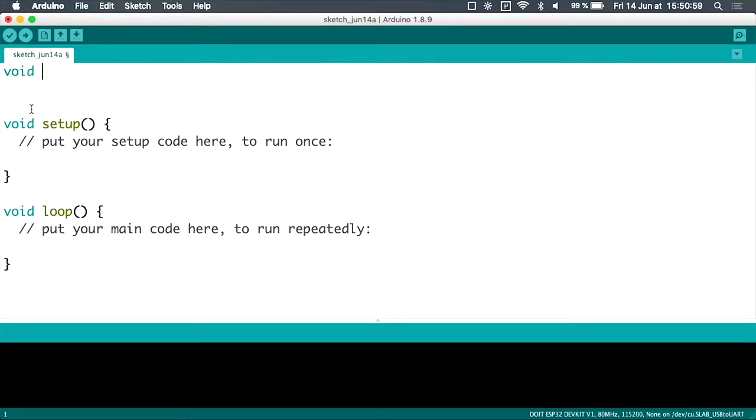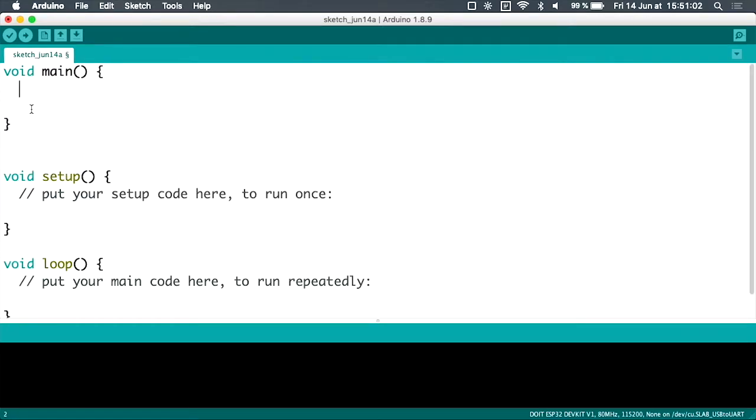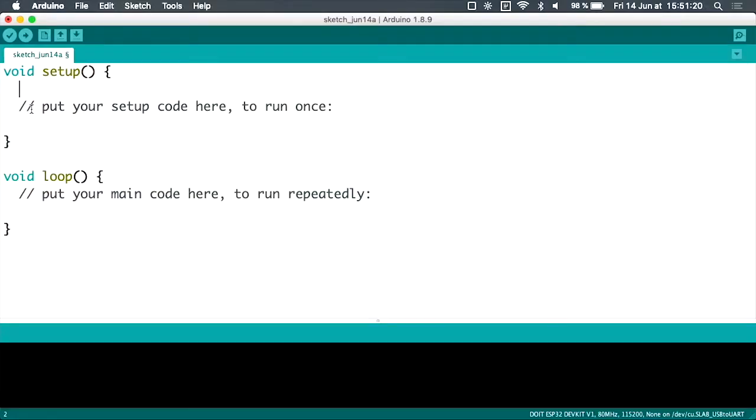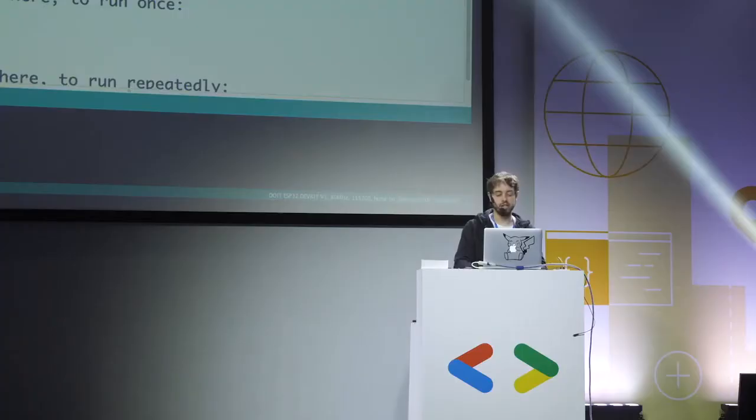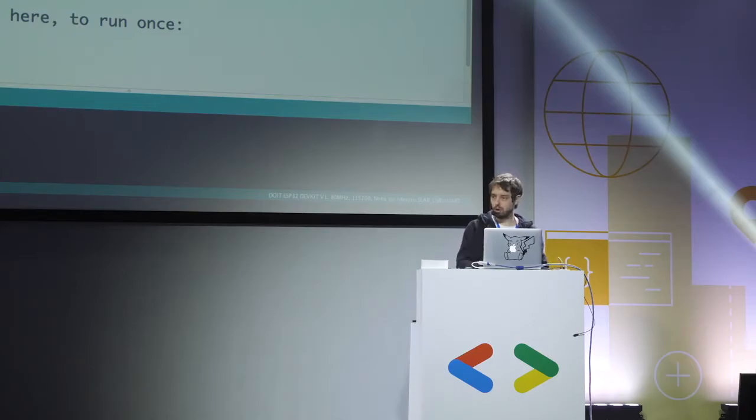The first method the Arduino will call when you power on your microcontroller is the setup method. The setup method is usually where you initialize your components. If you want, for instance, to debug using USB, so the serial line, you can initialize the serial, so you can just call Serial.begin at 9600 bauds, but it's an implementation detail. So you just call Serial.begin to set up the serial line, to have a connection between your microcontroller and your computer over USB, for instance. So first, when you power on your microcontroller, the setup method will be called. It's where you initialize your stuff.